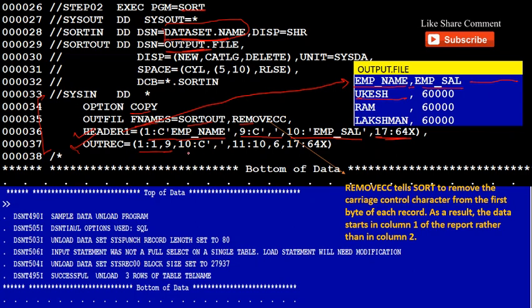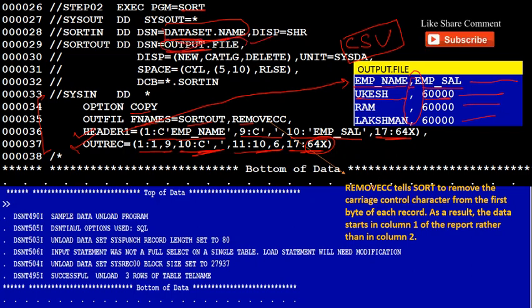and then it will keep the comma at the 10th location, and at the 11th position it will fetch the salary of the employee, like it has fetched 6 bytes, and then after 17 there will be 64 bytes of space. Like this it will continue. So in our output there will be formatted data with commas, which means we have a CSV report,